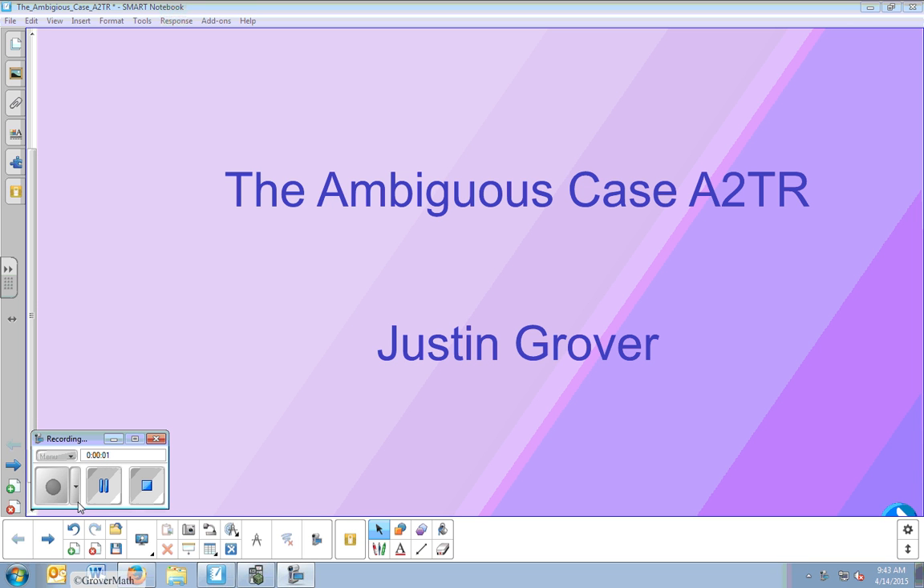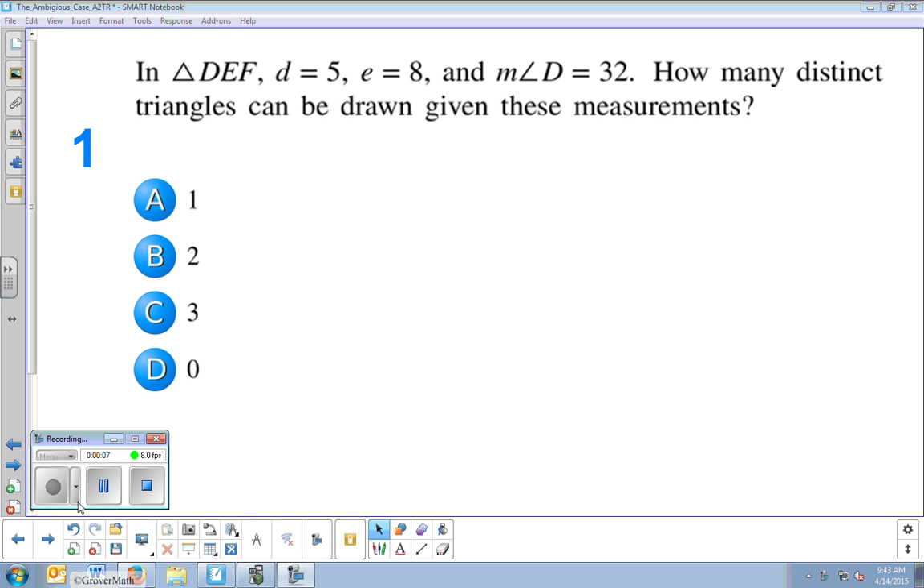The ambiguous case, Algebra 2 Trigonometry Regions. The ambiguous case comes from the law of sines when you use the law of sines formula to solve for